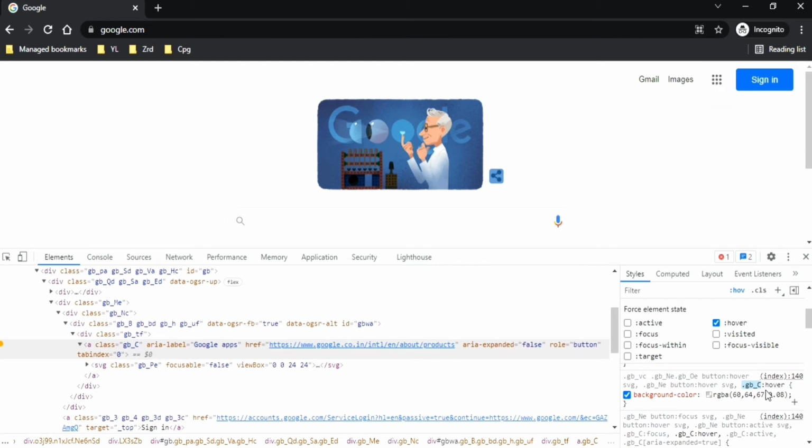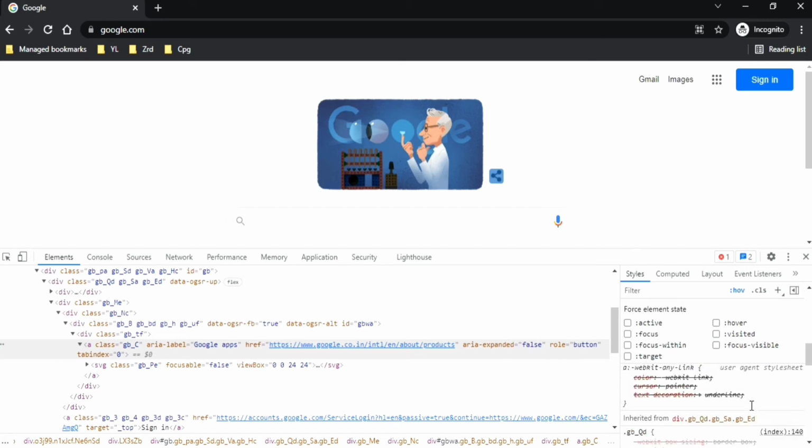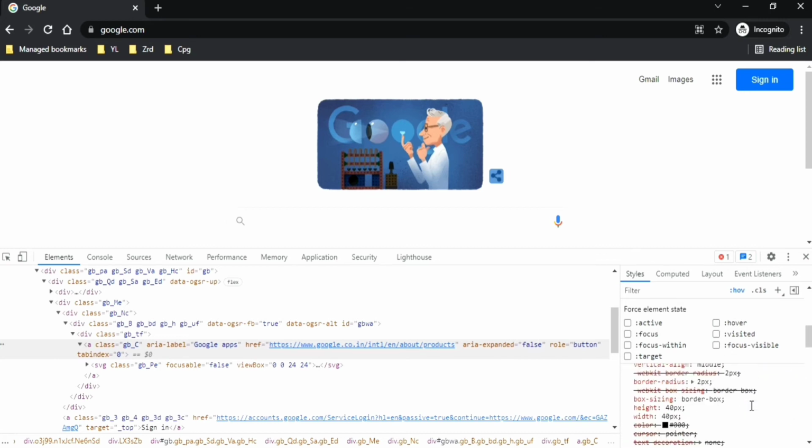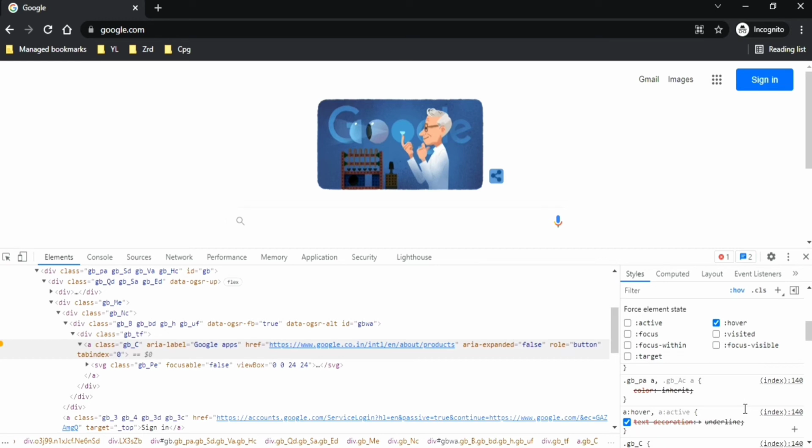That means it is corresponding to that particular web element only. This background color is of that particular web element only, right? Also you can see a :hover term here. This is because we clicked on the hover checkbox, so that means this property is coming when you do the mouse over, and if you uncheck the checkbox it will go off, and if you again click the checkbox it will come again. Okay,